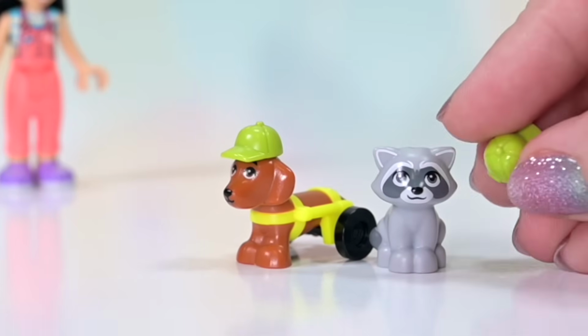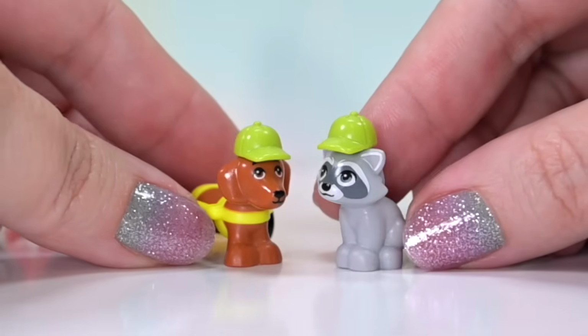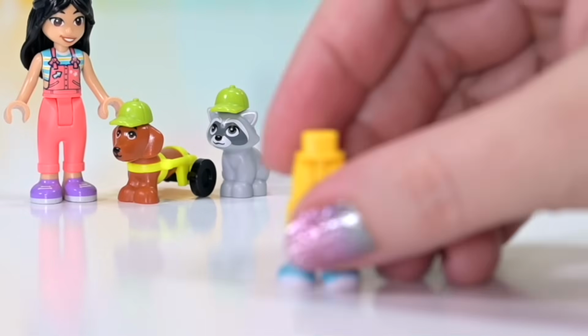We also have Raccoon, who is labelled on the front as Raccoon, and Raccoon's getting the spare hat. It's not in the instructions, but I'm putting it on anyway. They're now the new members of the hashtag Hat Bestie gang. All right, so we've